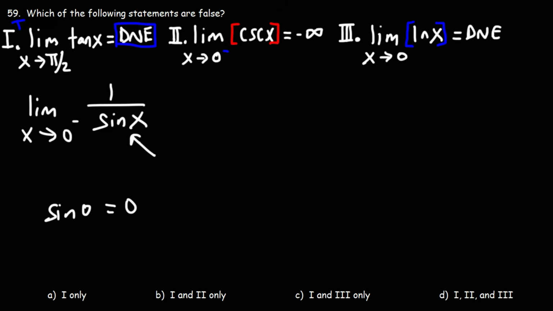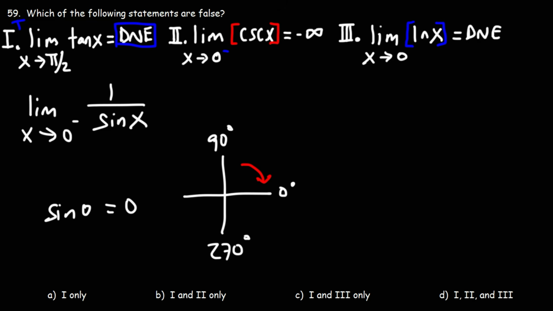So the fact that we're going to get 0 on the bottom means that it's either going to be positive or negative infinity. So here's 0 degrees. Here's 90. Here's 270. As we approach 0 degrees from the right side, because we're starting from a number above 0,